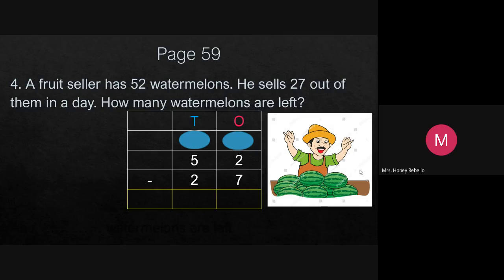Now, tell me the numbers to be circled. How many watermelons does the fruit seller have? Read from the screen, I will circle it. What is the first? 52. And underline what? The fruit, watermelons. Very good. You also do it in your textbook, using a scale. Now he sells. How many watermelons does he sell?